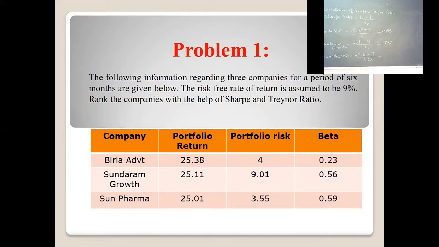How much? 4.50. Yes, 4.50. Take it down. So similarly, once the Sharpe ratio is over, we will do the Treynor model. If you have done, kindly let me know so that I erase and then do the Treynor index.